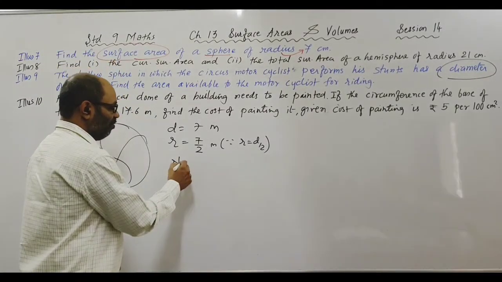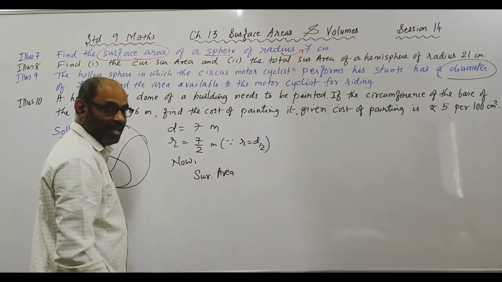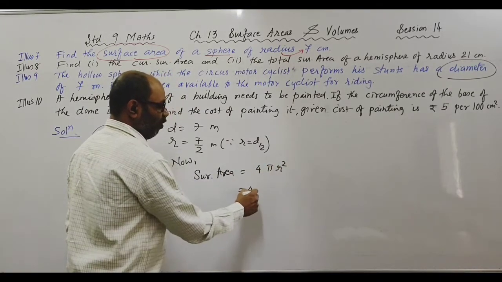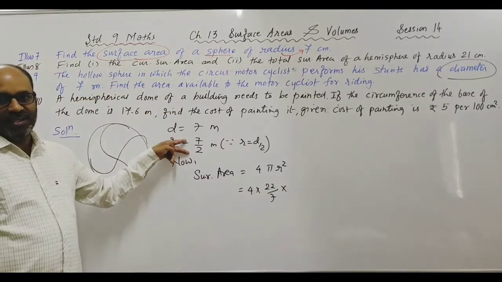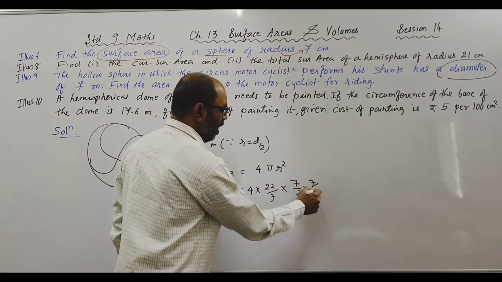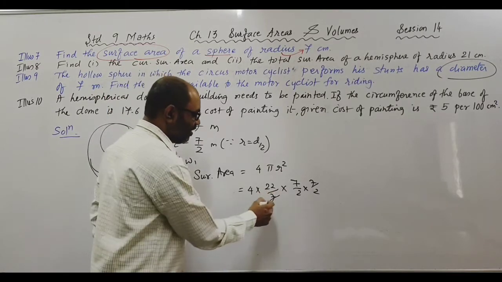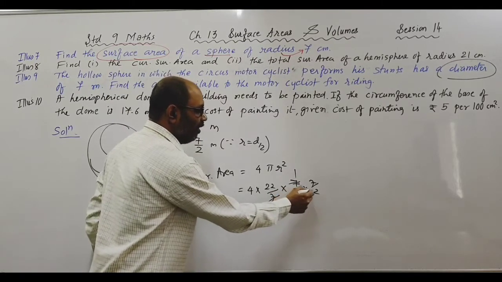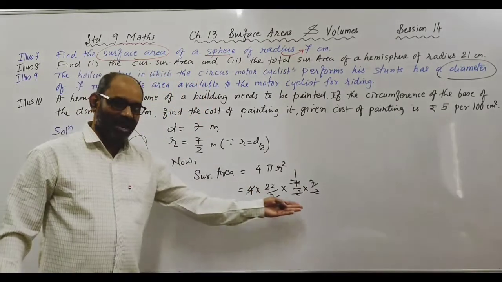Now you have to just find the area. So now बोलिए आप total surface area बोलो, curved surface area बोलो या simply write surface area. That is equal to 4 times pi r square. So 4 into r square. It is 7 by 2 r. So r square will be 7 by 2 into 7 by 2. You are very eager to get rid of this 7. And yes. Done. Yes. 2. अरे 2 and 2 4. और ये 4 भी चला गया.